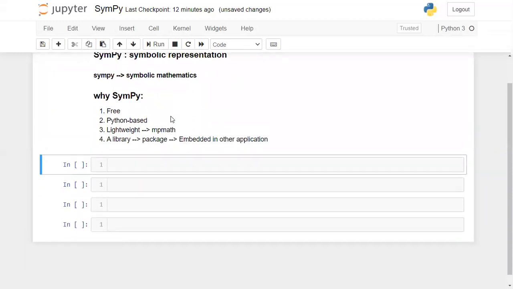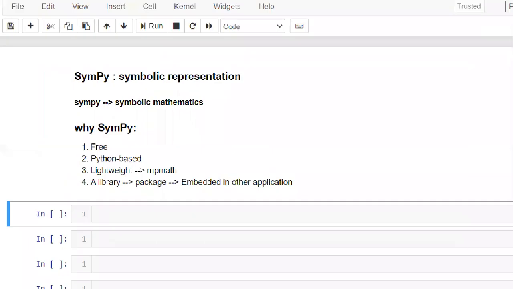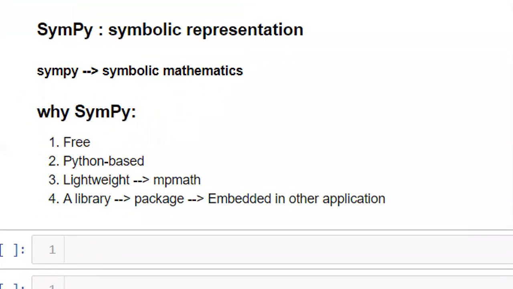Now, when we are working with the SymPy package, we'll be working with symbolic representations, right? How can we perform these symbolic representations? What do you mean by symbolic representations and computations? Computation means calculations, right? How are we going to perform symbolic computations with SymPy?